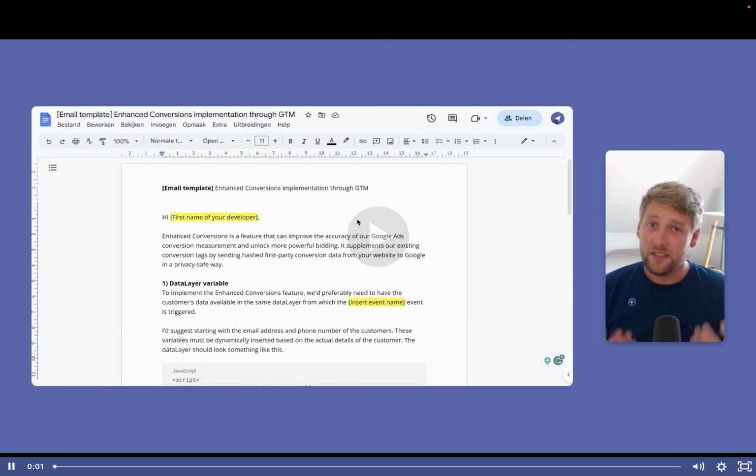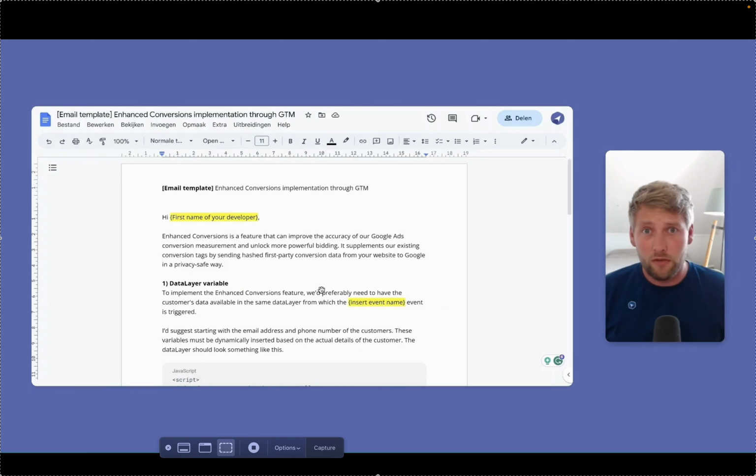Assalamualaikum. So in this video, I actually want to show you how you can set up enhanced conversions through Google Tag Manager, also known as GTM. And before you can actually set this up, you need the first-party data to be accessible within your data layers. So this is where the help of your developer comes in. This can be a developer at your client side or maybe a developer within your own organization, but you need